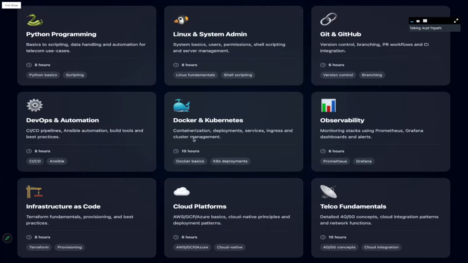As mentioned, we'll be talking extensively about cloud native and its applications in 5G and 6G networks. We also cover observability. We also talk about infrastructure as code, where we cover Terraform fundamentals. We also give a brief overview of various cloud platforms like AWS, GCP, Azure, and talk about cloud native principles and deployment patterns. And it goes without saying that we will be talking about telco fundamentals for a general audience, so that everyone can first quickly revise the 4G and 5G concepts